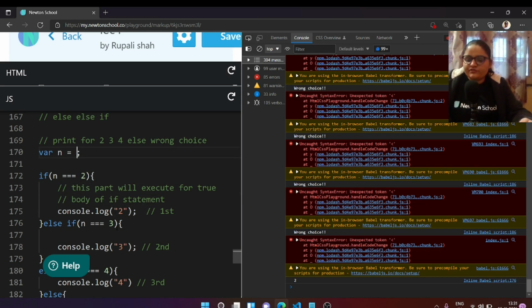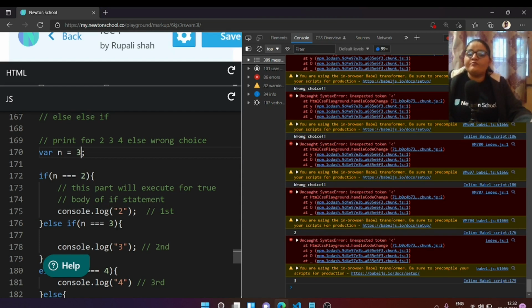Now, suppose we have 3 over here. The first was false, so it says, okay, no problem, I have more conditions in my upcoming lane, and I can check those. So it goes to the second condition, and it got true. Same with the 4 one. If the first and second got false, then I check whether this else if is true or not. If it is true, it executes that console log, and if it isn't true, then we have the else as a console log.